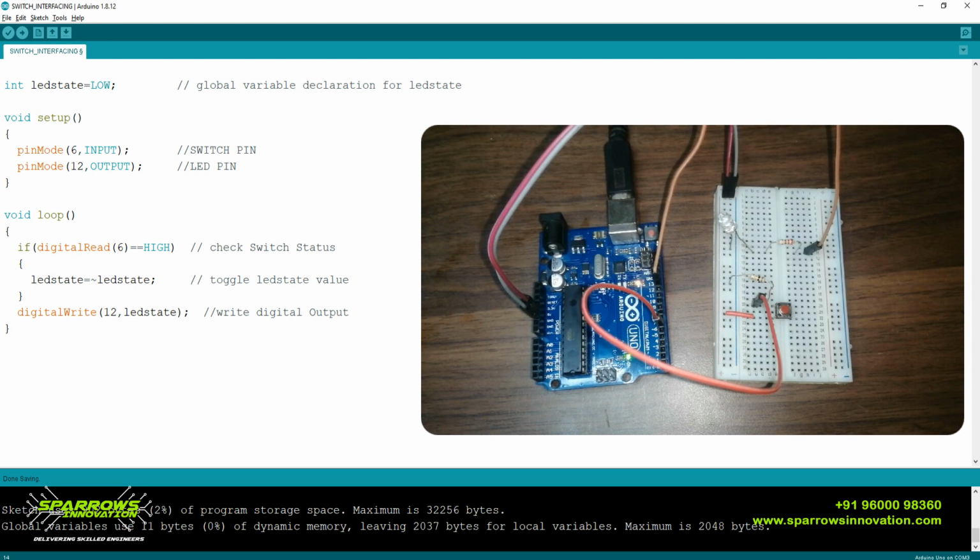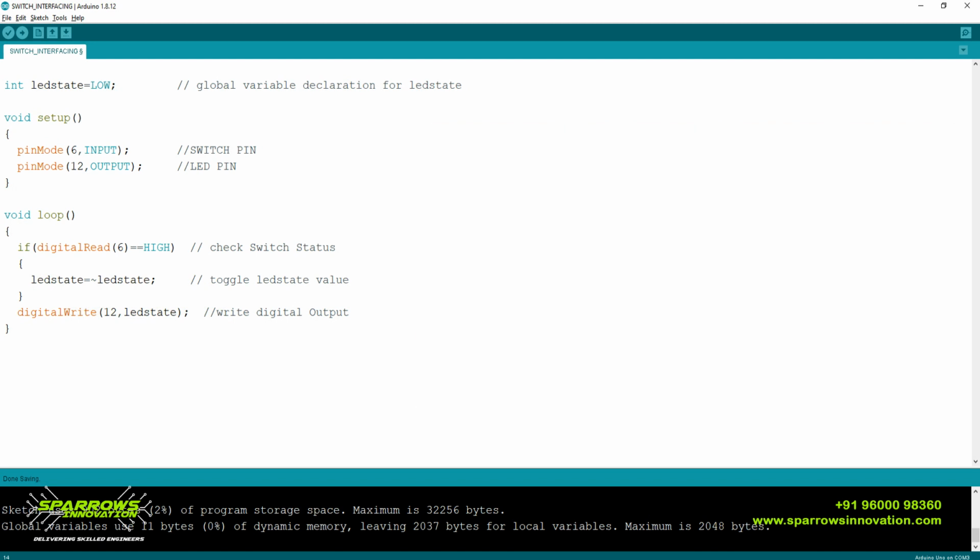That's why I explained the program with a delay. And next one is software debounce. The software debounce is nothing but each line of program will be executed in a few nanoseconds. So first the program from LED state to writing that as output will take less than 100 nanoseconds, and then come again to the first line of program, it will be executed in less than 100 nanoseconds, and like that the program will be executed in a few nanoseconds for each line of program.